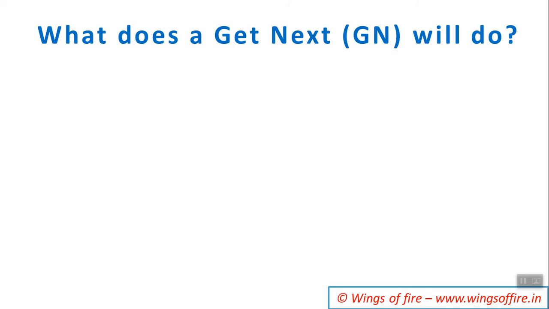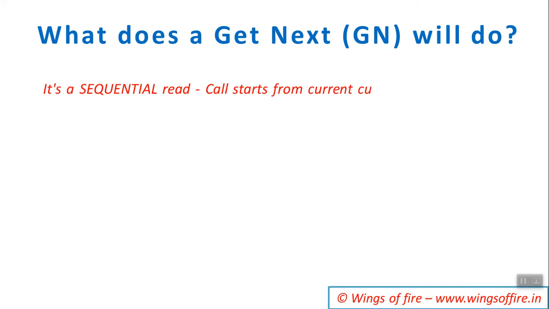If you give a GN call with an unqualified SSA, it is going to read only those segments you are interested in, which are given in the SSA. If you give a GN with a qualified SSA, it's like skip sequential processing. It is going to search for the specific segment occurrence once. If it is found, it is going to retrieve it. If it doesn't find it, it is going to give a status code GE. If it is found, and if you are giving it in a loop, it keeps on searching for the specific segment occurrence.